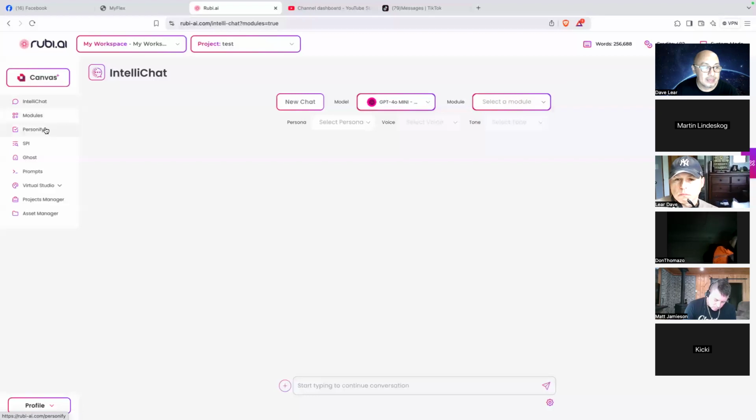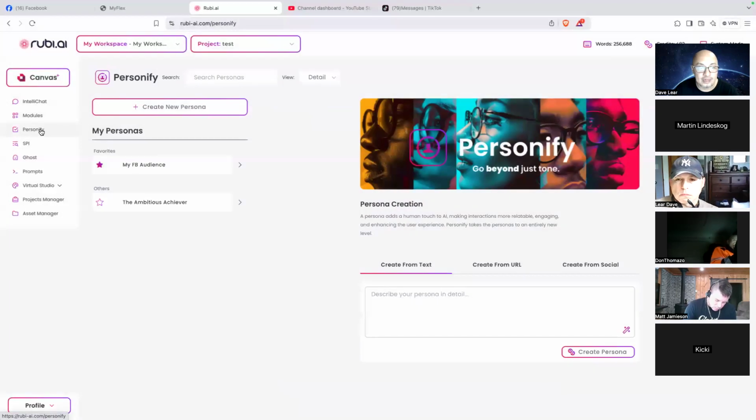Yeah, and this is another feature, the personify. This is also very good. Personify is like personalizing the response of the chatbot. For example, you want the chatbot to sound like you. You can do it.